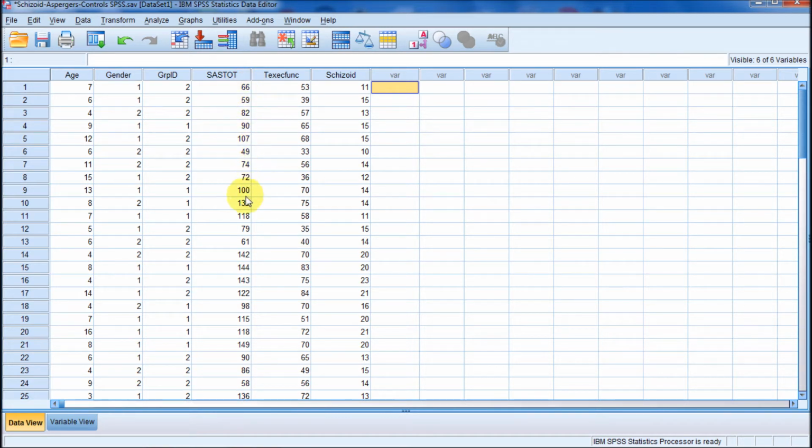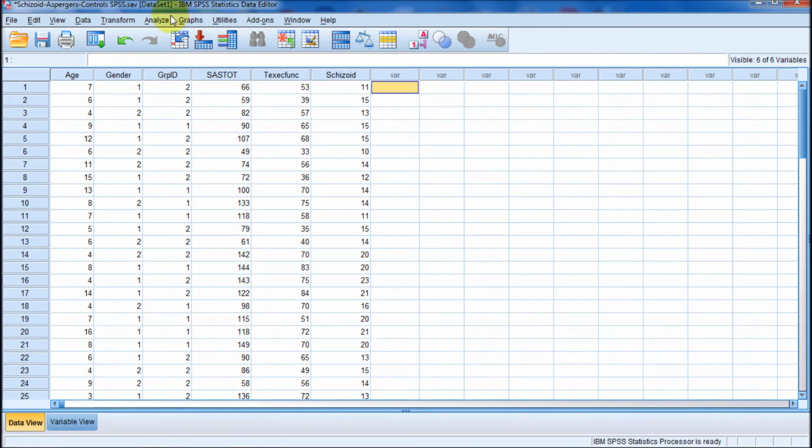We can tell relative to that. Here's one nearly double that, or just over double that, 66, and this is 133. So it might be a high score. But by a raw score, 74, 49, we can't tell whether these are high scores or low scores. And that's the value of a standardized score. So the first thing we'll want to do is convert this raw score, the Total Autistic Symptom Survey across 45 items, into a